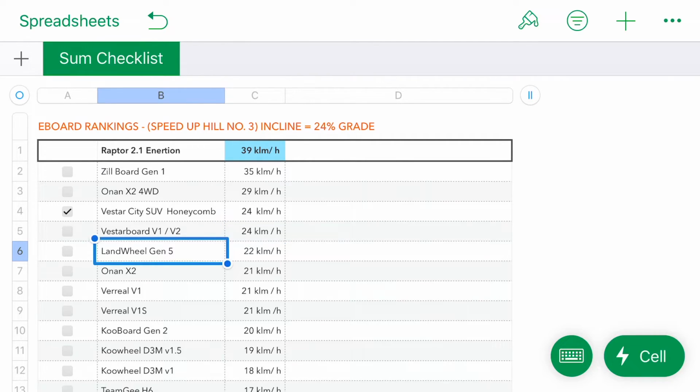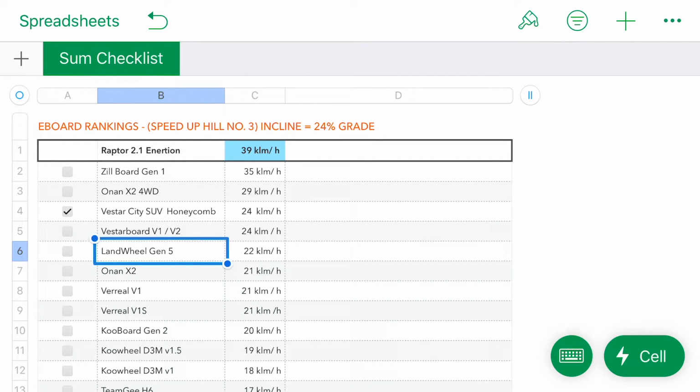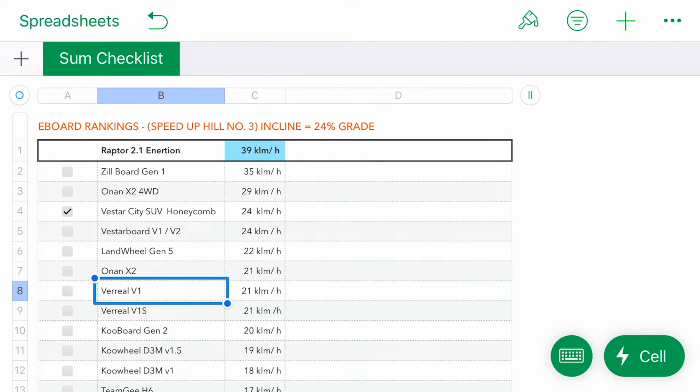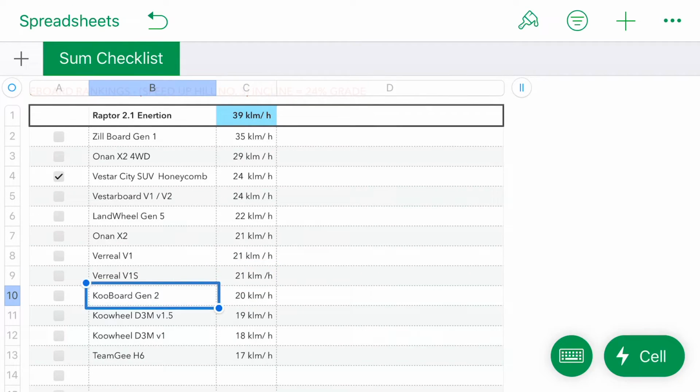You then got the Land Wheel, 22 kilometers per hour. That's a 2,200 watt lithium battery polymer. It's brilliant. There's the X2 standard, 21 kilometers an hour. The Variel V1, 21 kilometers per hour. The Variel V1S, 21. The Coup board generation 2, 20 kilometers an hour, and the Coup wheel version 1.5, which